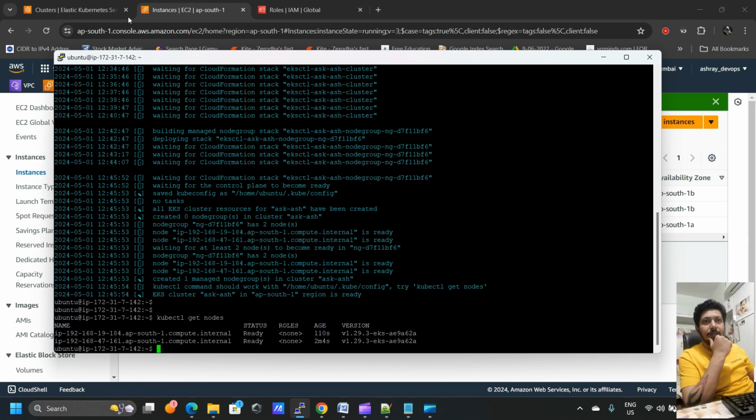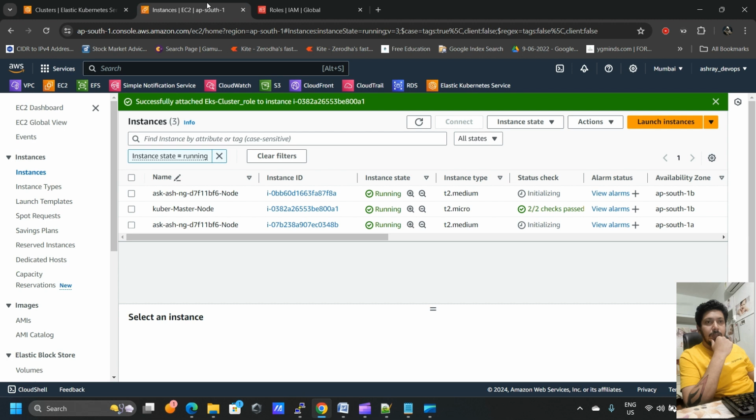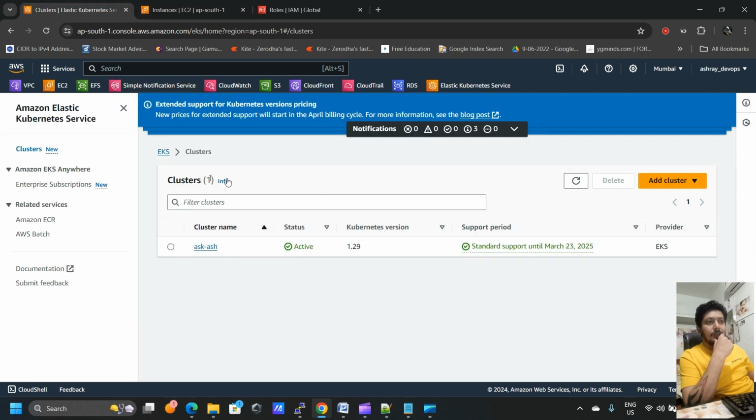Let's go ahead and check into our instance. So see, we have one master node and there are 2 nodes. These nodes have been created by Kubernetes. We have not done anything. Kubernetes has gone ahead and created these nodes for us. It's in the initializing stage as of now, and moreover we can go into the Kubernetes cluster and we can see